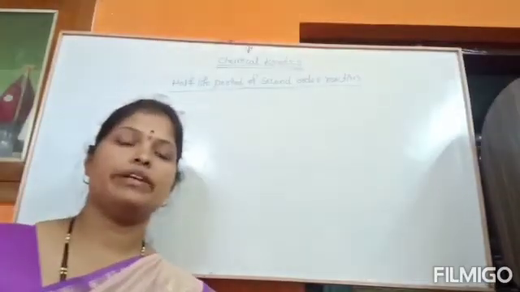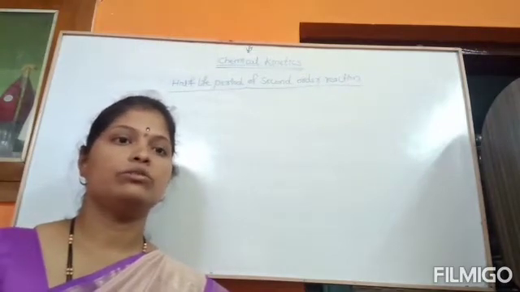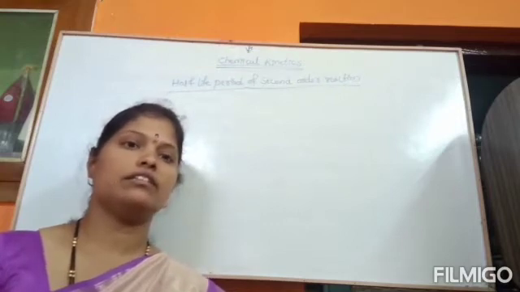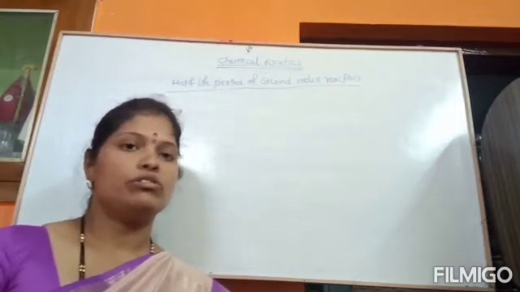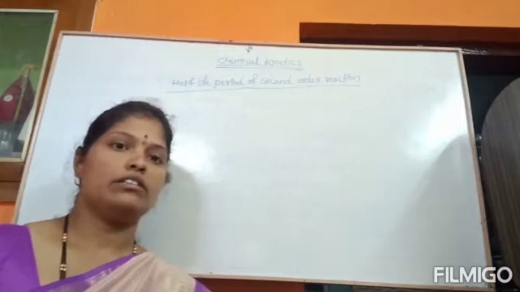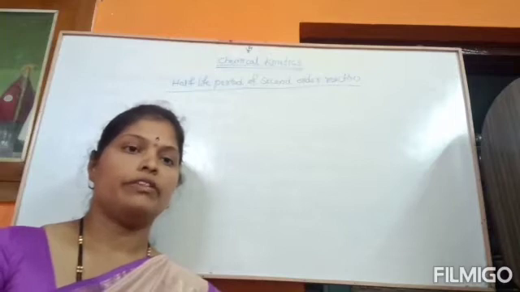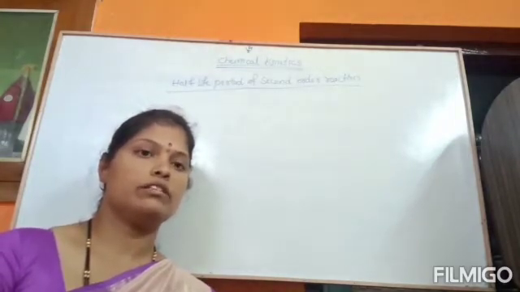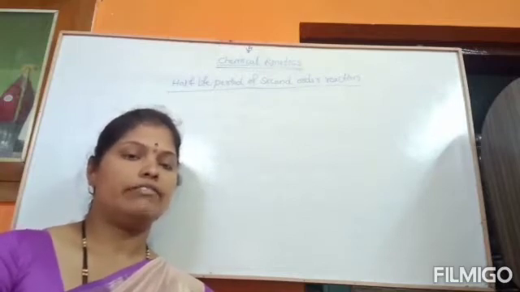What is half-life period? Half-life period is the time required for the reactant to react, so that the concentration of the reactant is reduced to exactly half of its original value. It means when the reaction proceeds, the reactants are converted to products. Half of that concentration reacts to form products. Whatever time is required, that is called the half-life period.